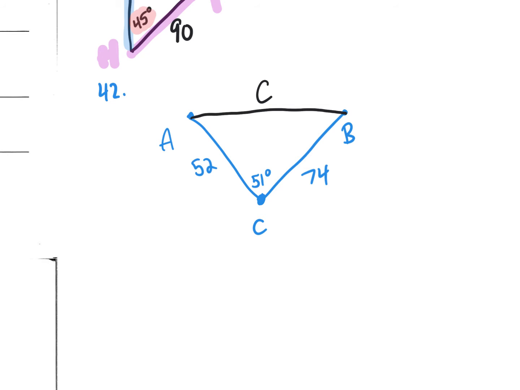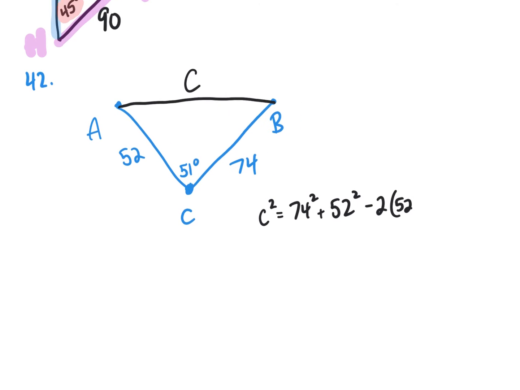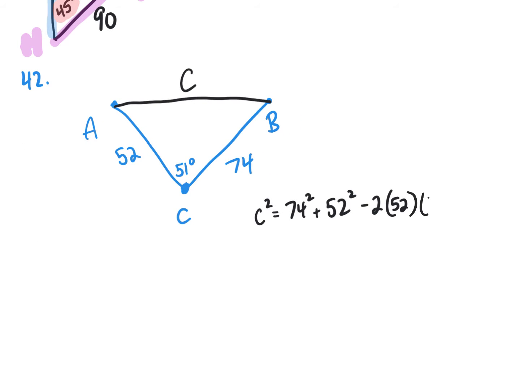Well, again, I have two sides and an angle. The law of cosines is going to be our best bet. So c squared will equal 74 squared plus 52 squared minus 2 times 52 times 74 times the cosine of 51. So I'm going to use my calculator to solve. And I found that c was equal to